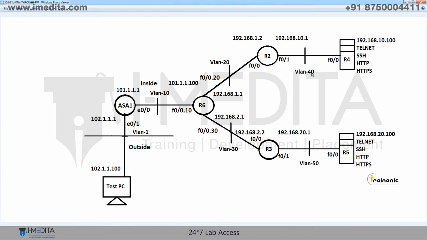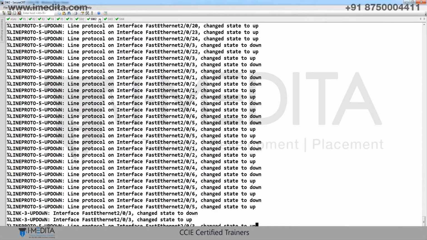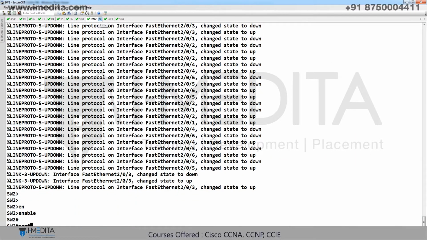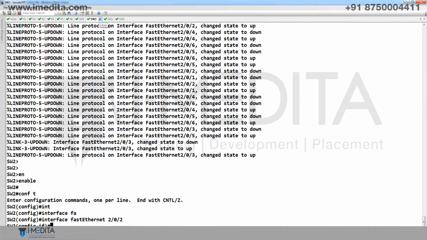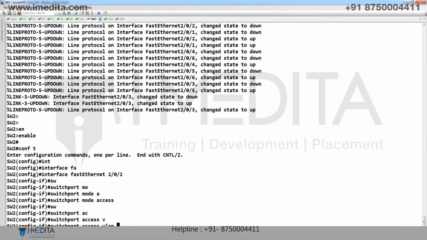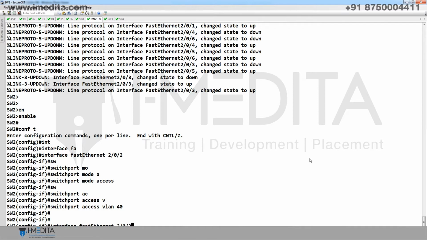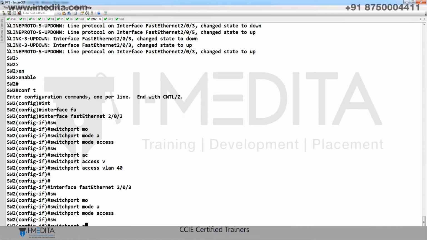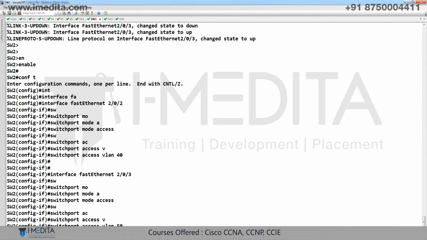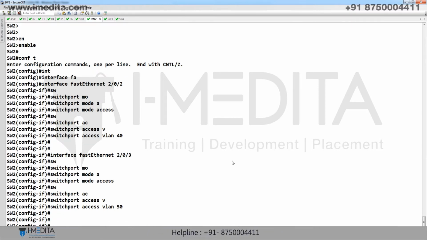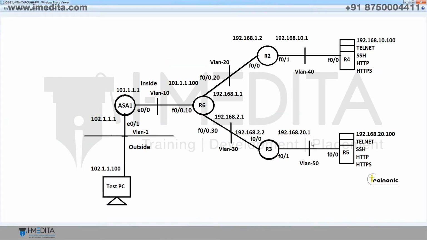R2 another interface in VLAN 40. R3 another interface in VLAN 50. Done. VLAN configuration complete. Now we have to configure first of all ASA